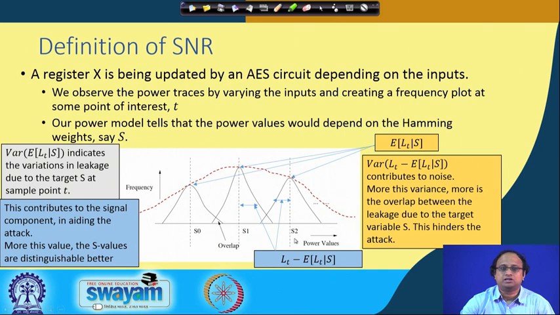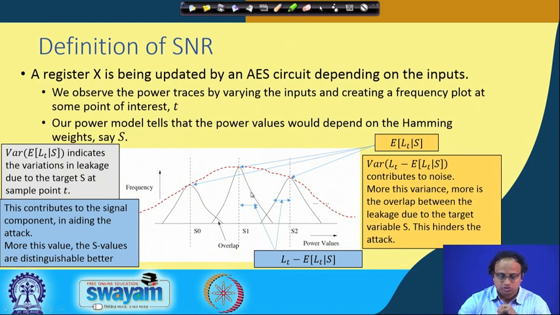The goal of the attacker, by observing this leakage, this overall leakage, is to be able to distinguish between these Hamming classes, as we have seen that it tries to map from the key space to the Hamming class. If you see, for example, S1, which is probably the most commonly occurring Hamming class. If you are talking about an n bit class, then it is typically the n by 2 class which occurs with the maximum frequency. You will find that there is a nice Gaussian distribution across that vertical line. Likewise, there is a normal distribution across all possible Hamming classes.